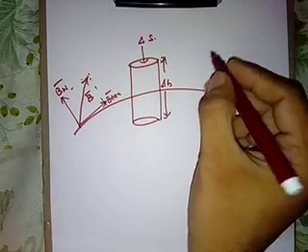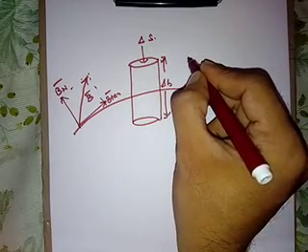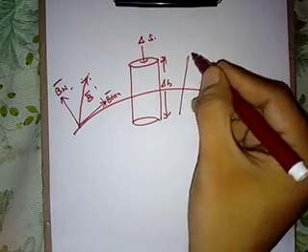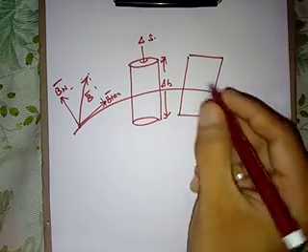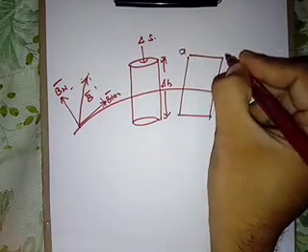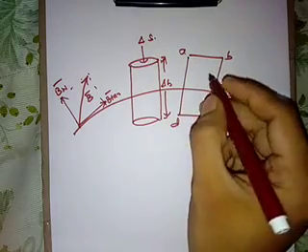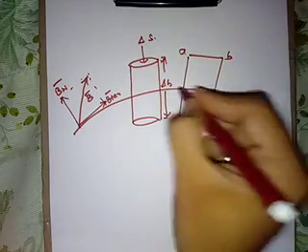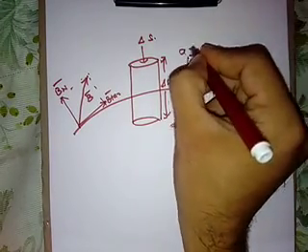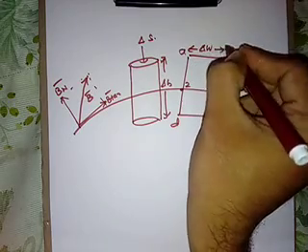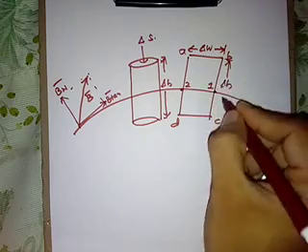Then we have the rectangular path here. So this is a rectangular path we have, right, like this. Let us label it as A, B, then C, D, A. Let us consider this as 1, and this as 2. The width is delta W, and the height of this rectangular path is delta H.